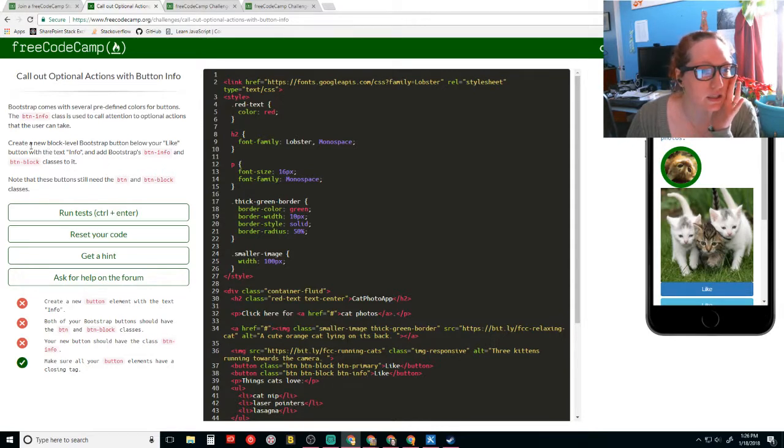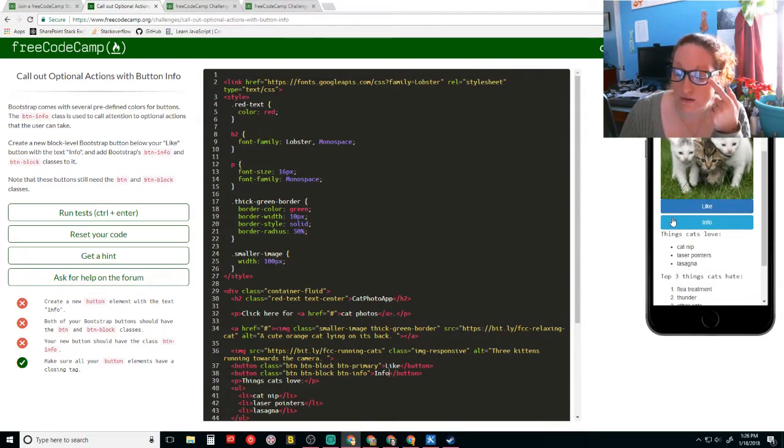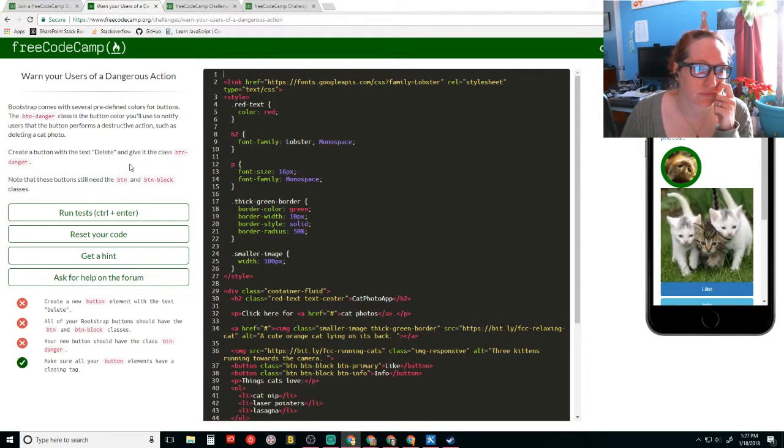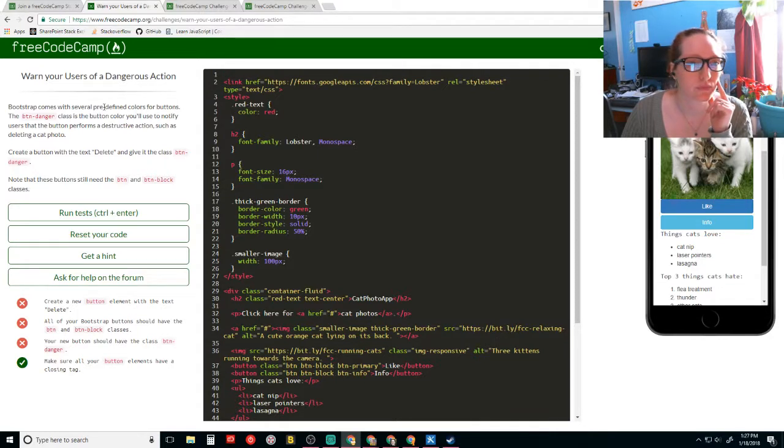Right? Info. Button danger. Another one, do it with delete.